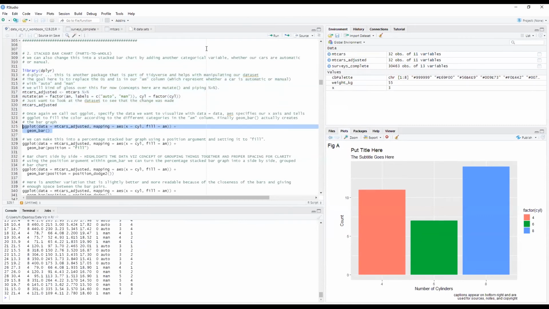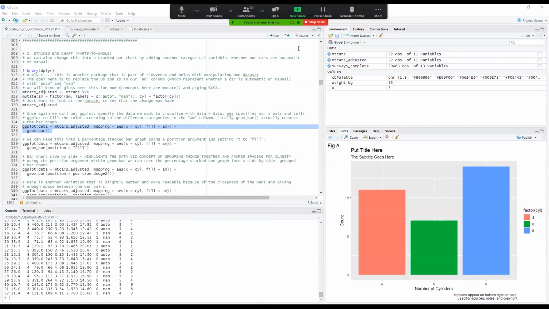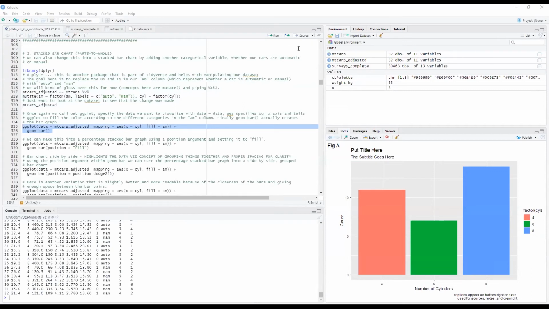So if someone has their hand raised, could you type maybe what your question is in the Q&A if you have a question? That might be easier. Okay. Let me see, question. Oh, yep, accidental hand raise, that's fine.